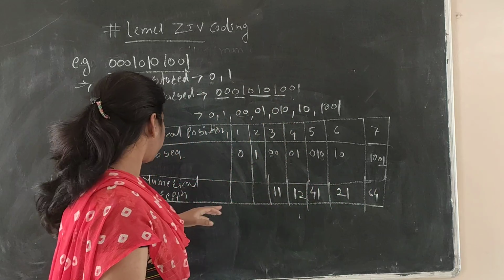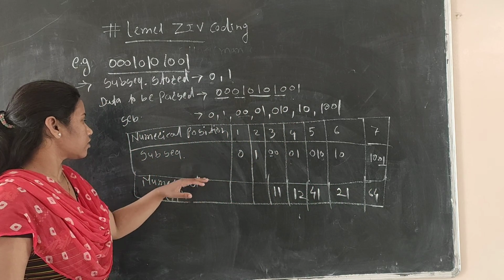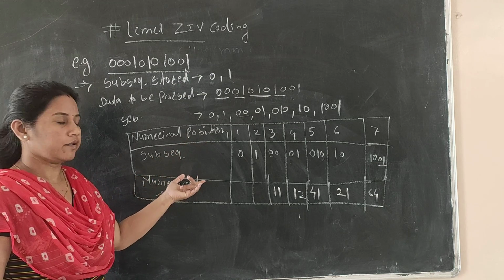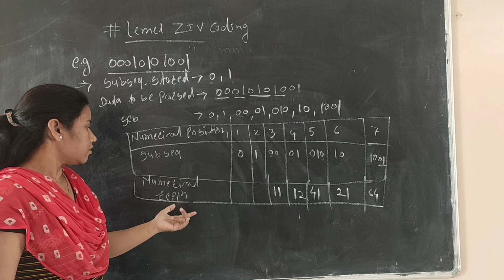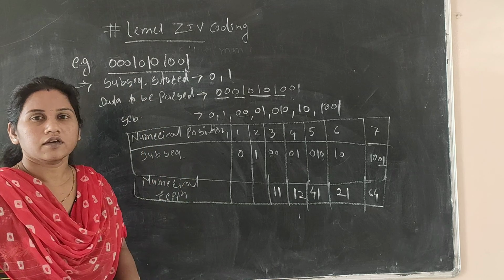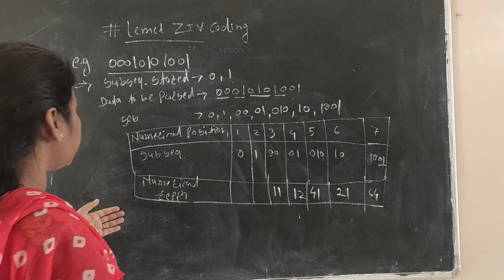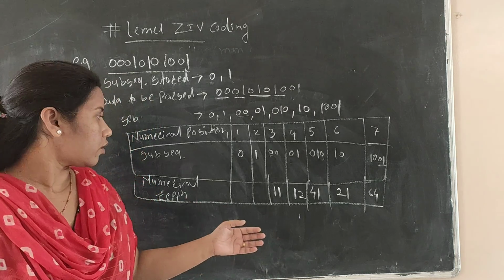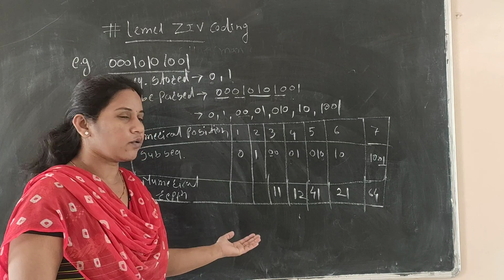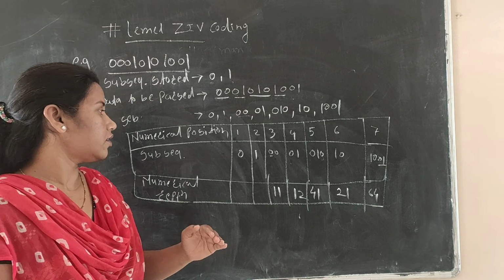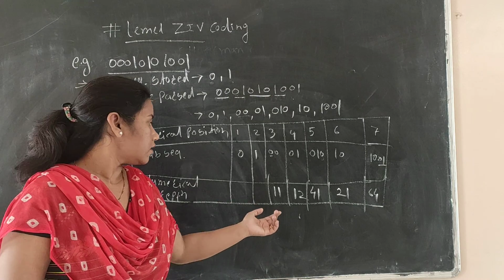In this way we can give the numerical representation by using the numerical position of the first row in the previous way. That's why this is the numerical representation by using Lempel-Ziv coding. In the same manner we can encode these numbers by using the fourth row as the encoding of these, and this encoding we have to send to the decoder.